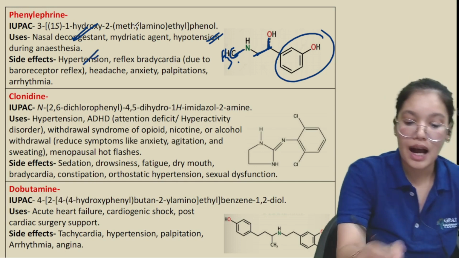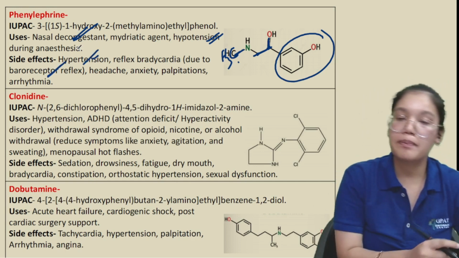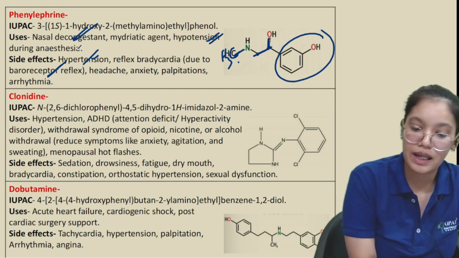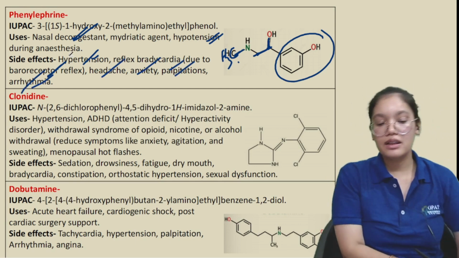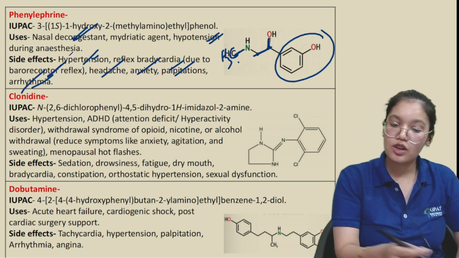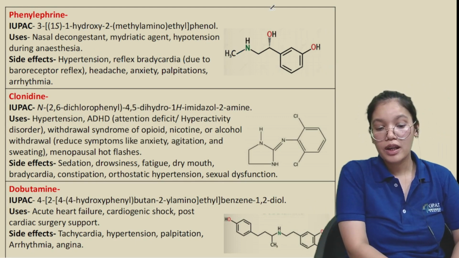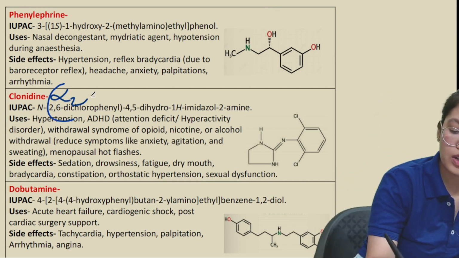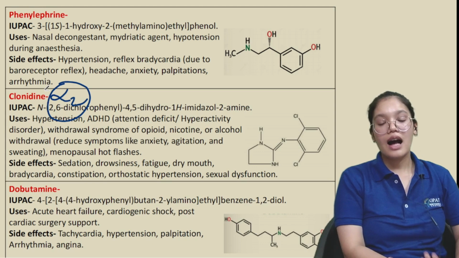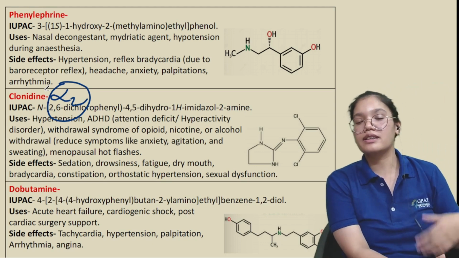Side effects: hypertension, reflex bradycardia due to the baroreceptor reflex, headache, anxiety, palpitations and arrhythmia, those are all the side effects of phenylephrine. Next we have clonidine. Now clonidine is an alpha-2 selective drug. Uses: hypertension, then attention deficit hyperactivity disorder, that is ADHD,